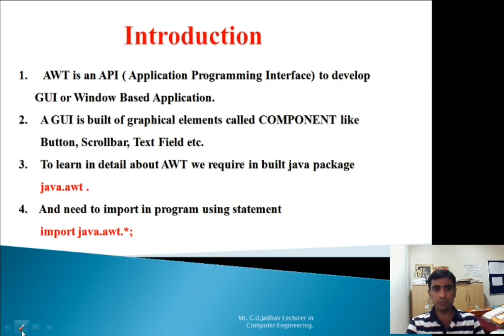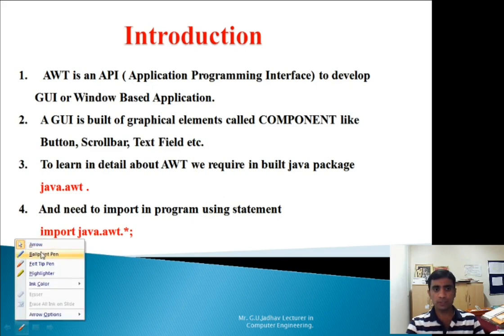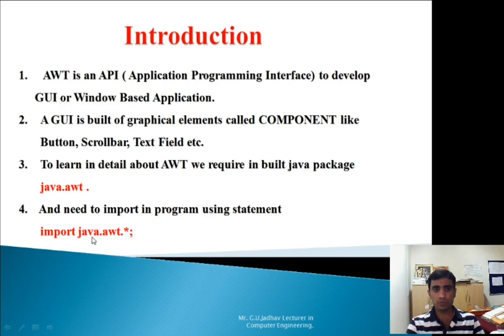Here you can see the statement: import java.awt.*. Now what does dot star mean? Here we are importing all the classes and packages which are available in the AWT package, so that classes and functions will be imported into our program.